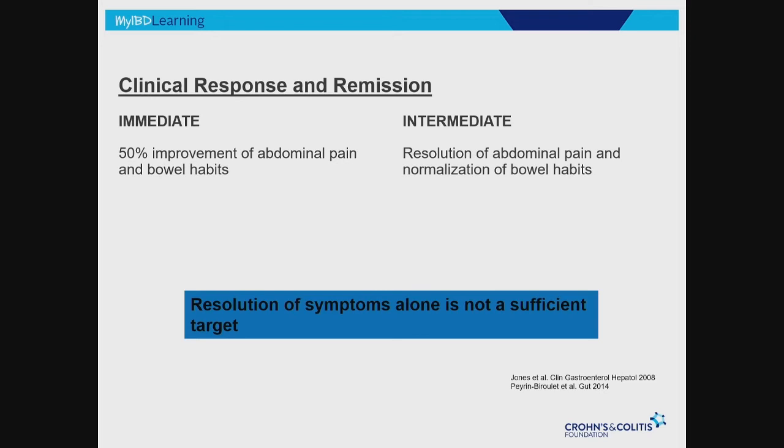But I do want to make a point here, and this is something I tell my patients in clinic. Many times I think as patients, we want to go back to 10 years ago before I got diagnosed with Crohn's disease, or 10 years ago before I got diagnosed with ulcerative colitis. I want my bowel movements to look like that. And I think the reality is, after a diagnosis of IBD, I always talk to my patients, you may have a new normal, right? You may not go back to that one solid formed bowel movement that you had 10 years ago, right? But you now may have formed stool and it may be 2 to 3 times per day,